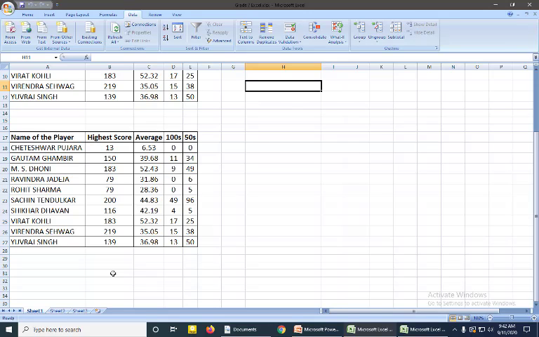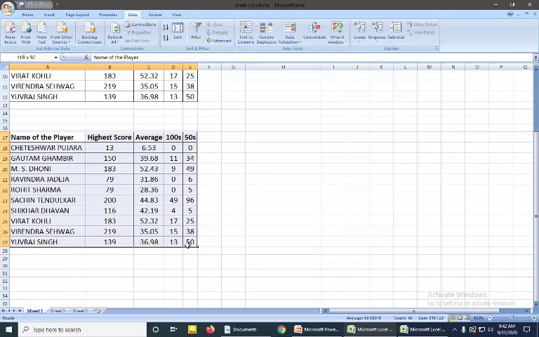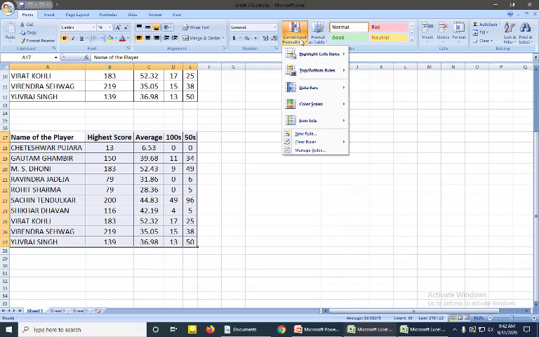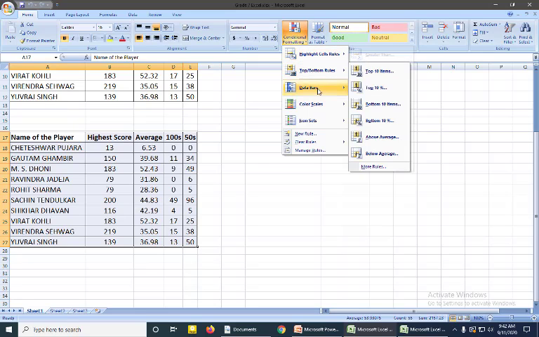apply this conditional formatting. First, we'll select the entire table of the players, then go to the Home tab. Here we have Conditional Formatting, then you can apply it. See here, you have the options.